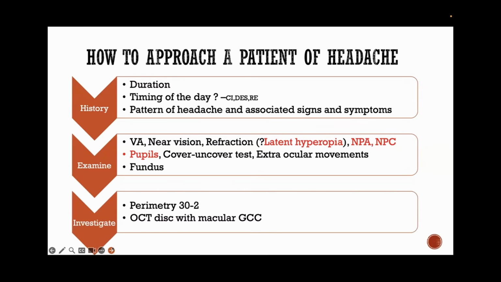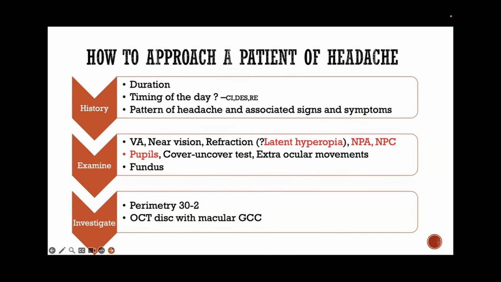And a lot of these times we look at the fundus and we are really confused: is there a disc edema or not? Is there a pallor or not? If that is the situation, you just go ahead with the imaging, where you go for a perimetry, and sometimes even for very subtle changes, the OCT disc with macular GCC has come in handy. You find a small amount of pallor in one quadrant, and then you go for the OCT disc, and you see that there is an NRR loss or an RNFL loss. You know, yes, there has been a fiber loss going on underneath.